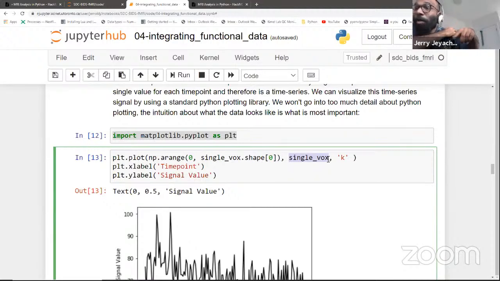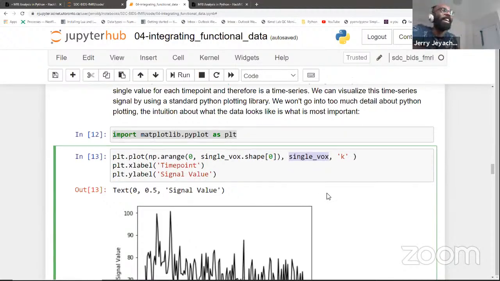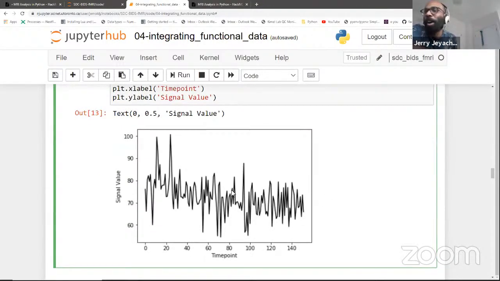Oh, plot all the time points. Sorry, I just read your question again. So this is all the time points for this one voxel. And if you want to plot all the voxels, typically,